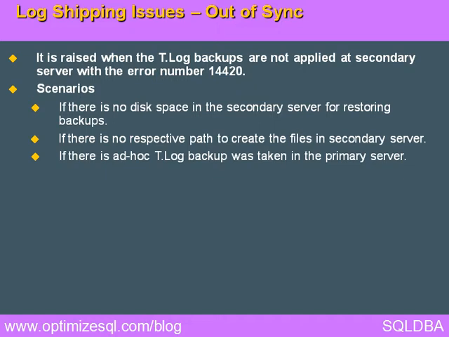The last log shipping log backup was generated at 8 o'clock. It is already applied. The next 8:30 log backup should apply the transactions from 8 to 8:30, but at 8:15 some ad hoc log backup was generated, which is not the scheduled one. That's why it has broken the LSN chain. That's why whenever the restore job is trying to restore the 8:30 log backup, it will throw an error. It is too recent to apply this log. You apply some previous one, then you apply this. Too recent.